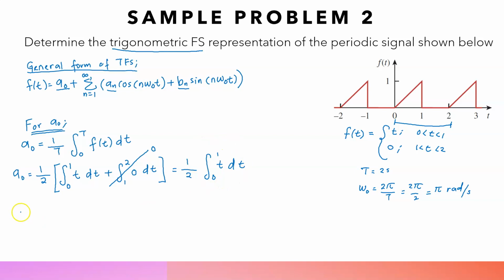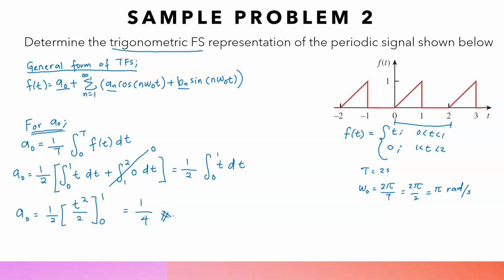If we integrate this part, you have 1 over 2 times t square over 2, and the integration limit is 0 to 1. Now you substitute 1 and 0 into t, and you will get a naught equals 1 over 4. Then the next